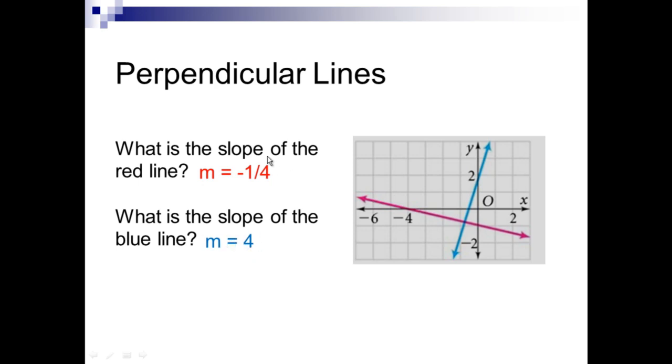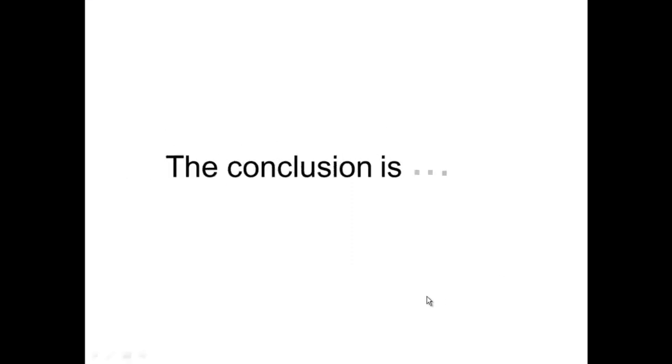So M1 times M2 is -1. So perpendicular lines have negative inverse gradient. The conclusion is